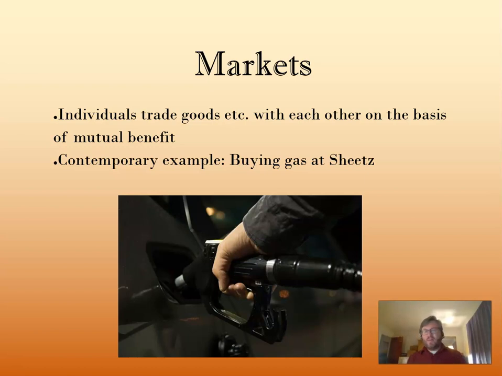The thing we want to keep in mind, though, about market transactions is that just because there's a mutual benefit from the immediate trade doesn't necessarily mean that there's nothing to be said for the larger structure in which this is taking place. So how that trade happens and exactly what the ratio of that trade is depends a lot on the power that the different individuals have, right? So if I pull up to Sheetz in Slippery